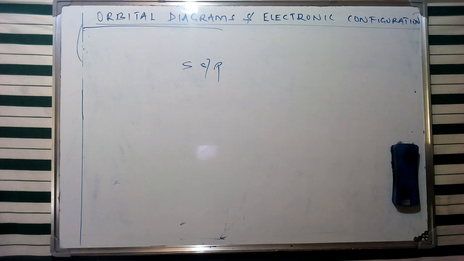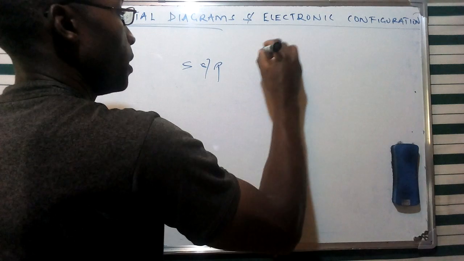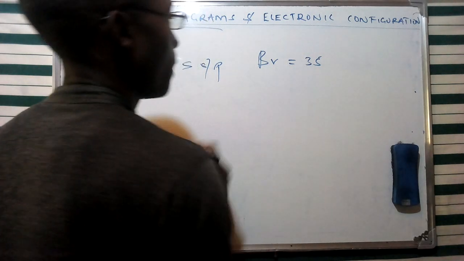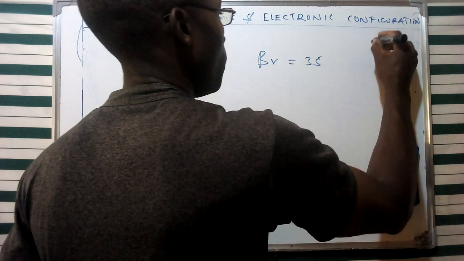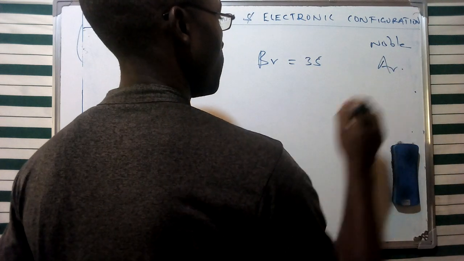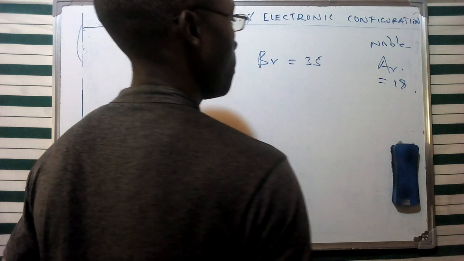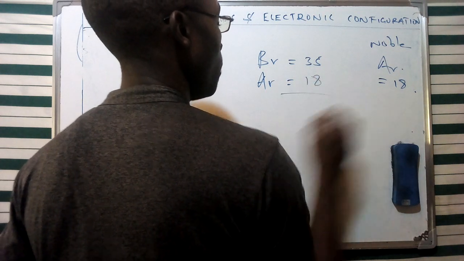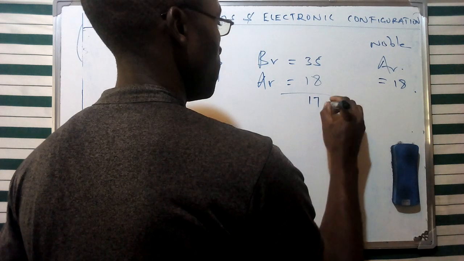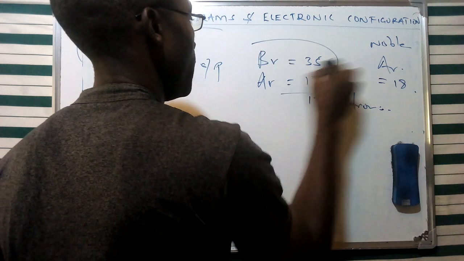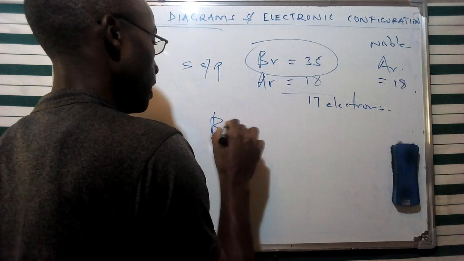Now, for instance, if we have an example of an element like bromine, bromine has an atomic number of 35. So we're going to look for a preceding noble element, which is, of course, argon. Argon has an atomic number of 18. So the difference between argon and bromine is going to be 17 electrons. So for us to represent bromine, we are going to have it represented as